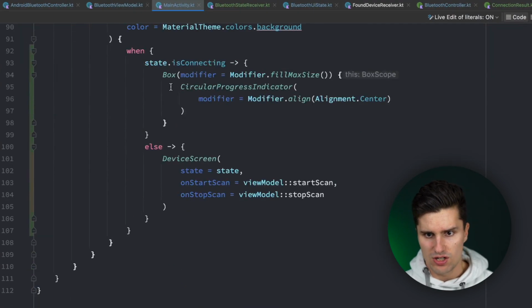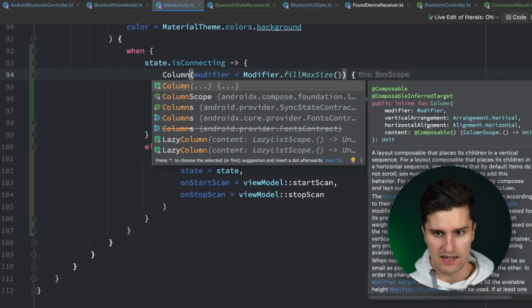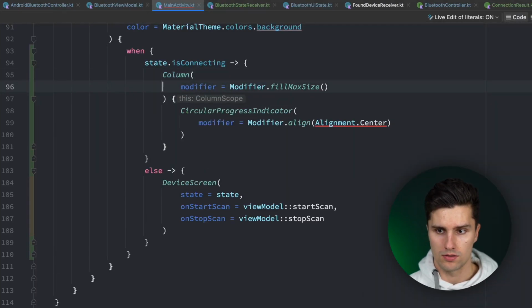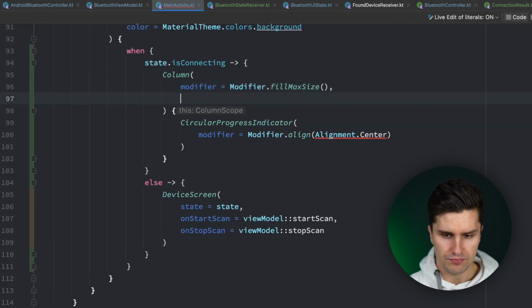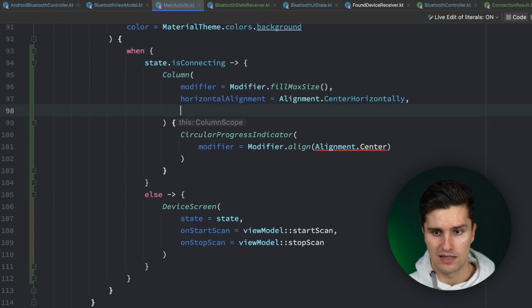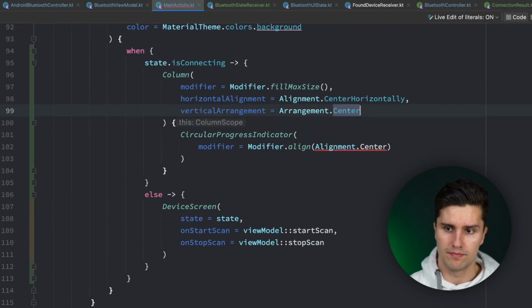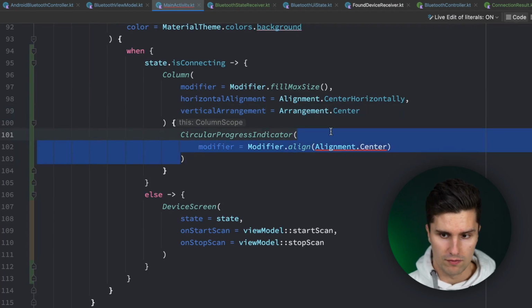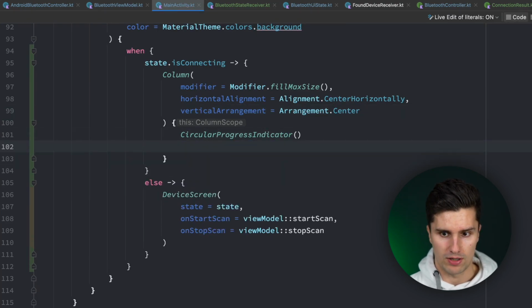And let's actually make this a column so we can also add a little text that we're connecting. So let's say modifier fill max size. The horizontal alignment will be center horizontally, and the vertical one will also be center. So we just center the content in the column. We can then get rid of this, and we can add a text